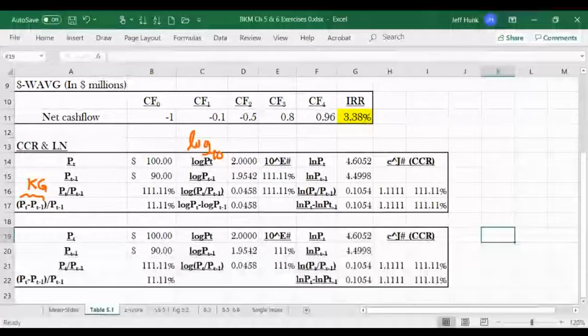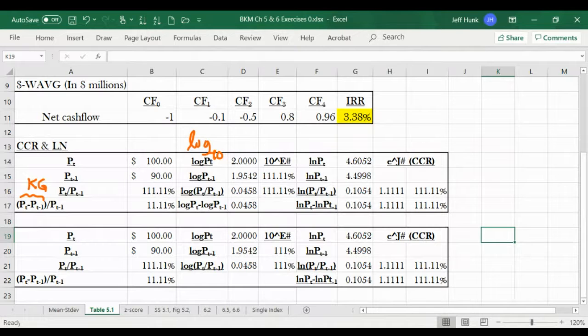Okay, so this is the connection between APR and APY or EAR, effective annual rate, and continuously compounded rate. Okay, and you can try out different numbers. I was originally trying out different numbers here, but capturing the growth rate by the quotient rule of log works only for a small change, like